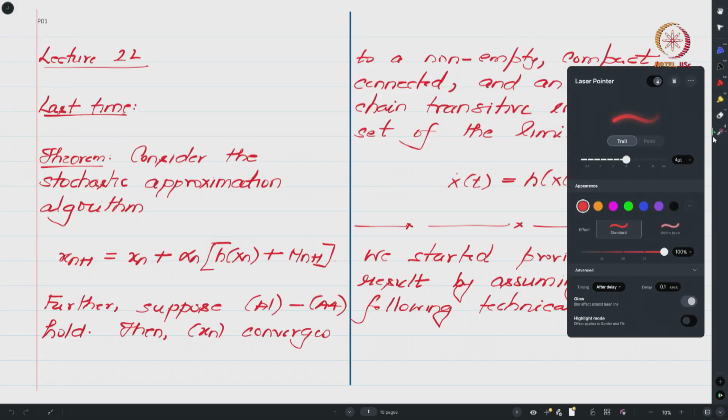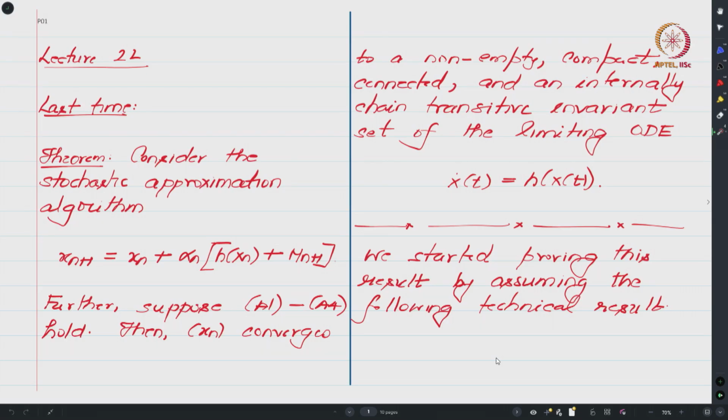We are in week 5 wherein we are combining all the ideas including martingale convergence and ODE behaviors to discuss the asymptotic behaviors of stochastic approximation algorithms. We stated some theoretical result that talked about this asymptotic behavior, and we started a part of the proof in the previous class, and we will try to finish that proof in today's class. Okay, so let us recall the technical details of what we have discussed so far.